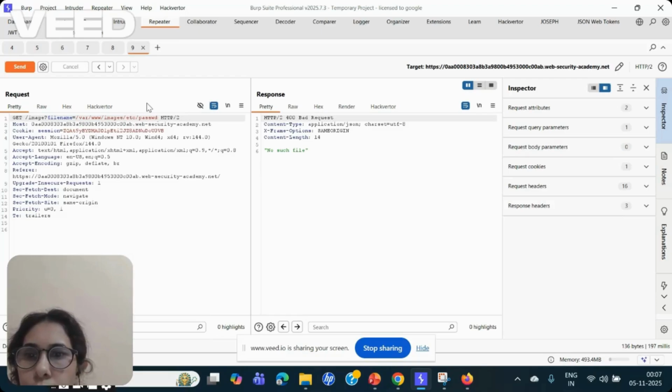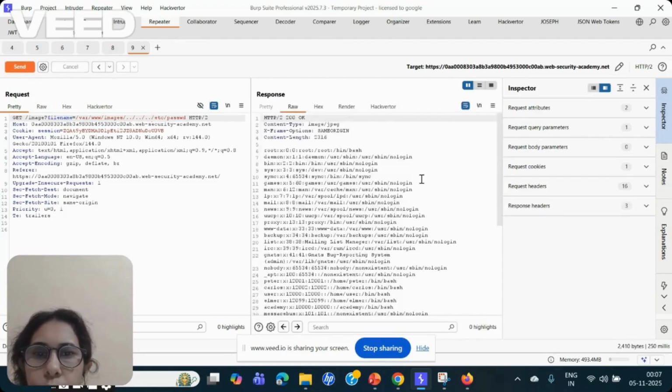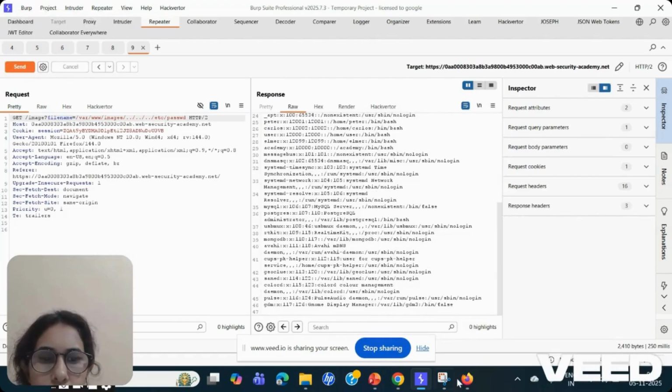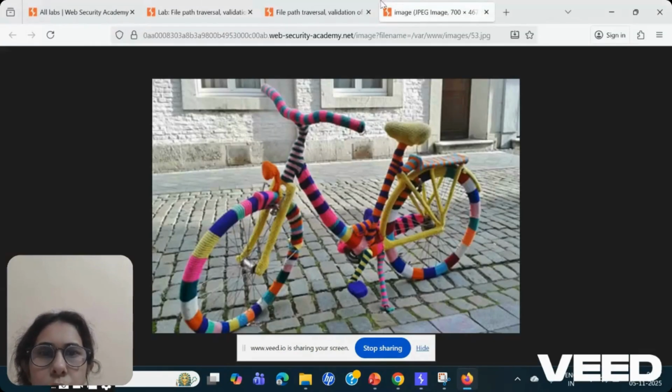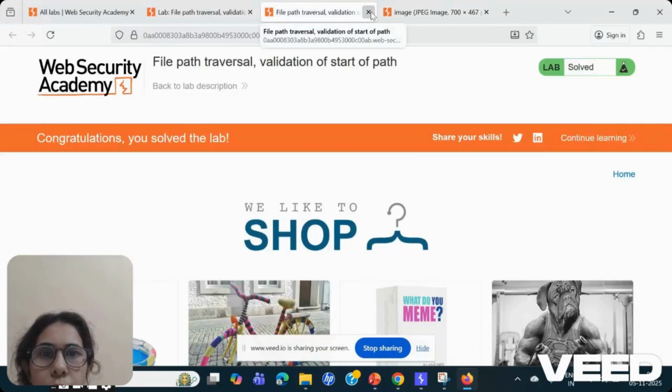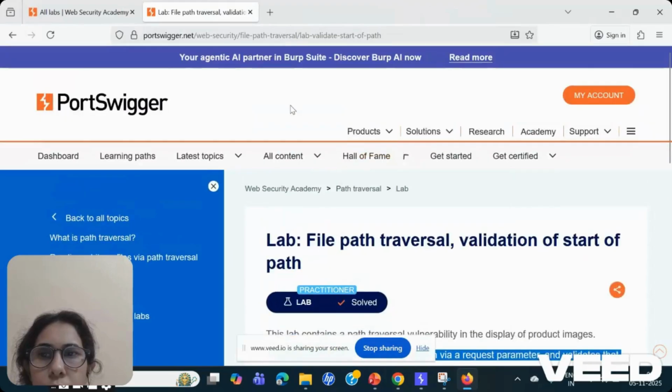Now we will try via directory back, like this. Still the user is not able to access. I will go one directory up again, and now the user is able to access the file's content and the lab is solved. Okay, now we are moving to the sixth and last lab,